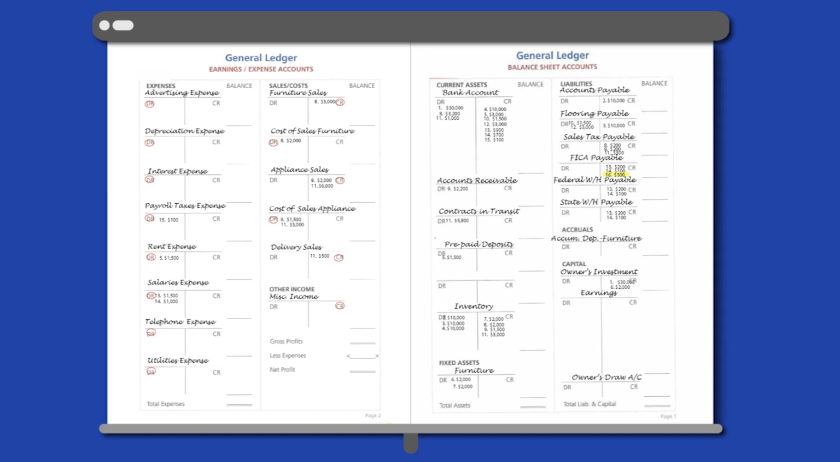Good. Credit FICA payable $300. Credit FICA payable $300 and debit payroll tax expense $300. Very good. Okay. Now, how much have these two employees cost us so far? Lots of money. We got $2,500 in salaries and another $400 in payroll taxes so far. So we're up to $2,900. There's a couple more taxes we haven't even